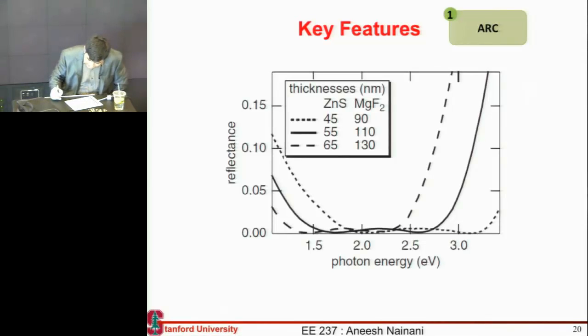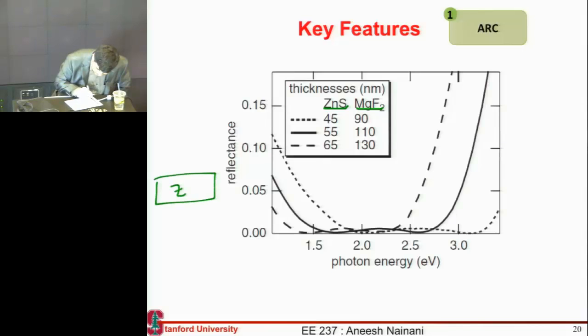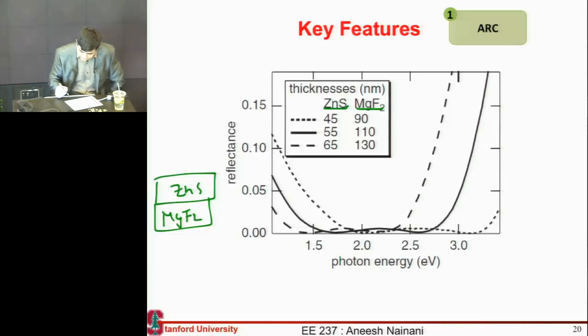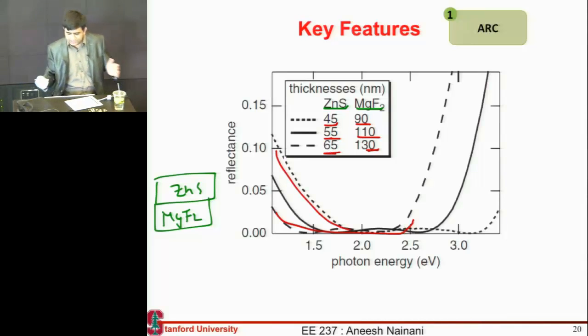I'm illustrating that using this figure over here. So this is for a bilayer anti-reflective coating, where you have 2 of these layers, zinc sulfide and magnesium fluoride, and you can see that now you are getting this reflectivity which is staying low over a larger set of wavelengths. And you could essentially choose the thicknesses of these layers as well, such that depending upon whether you want to enhance your bottom cell or you want to